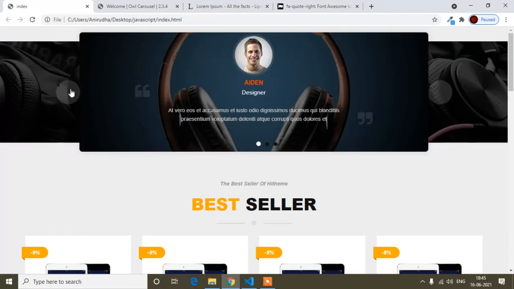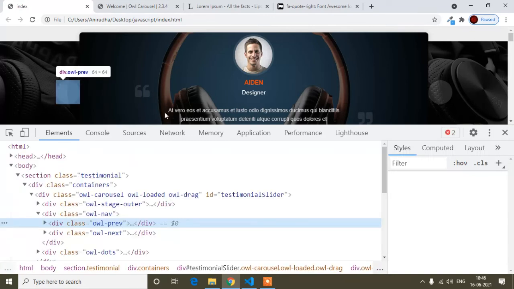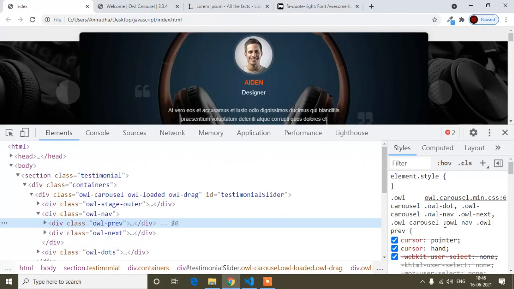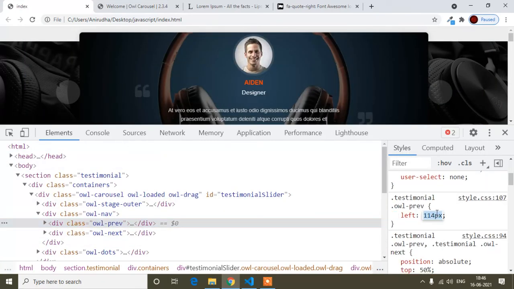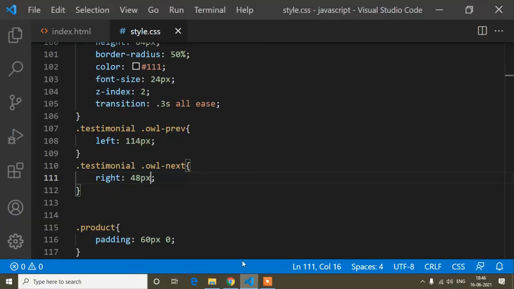So you can see here is the preview button and here is the next button. I will make it the proper way, so the left and right have to be changed. So the preview one, this one, and here is this one. The left has to be right in the middle of this box, so the left is around 148 pixels.